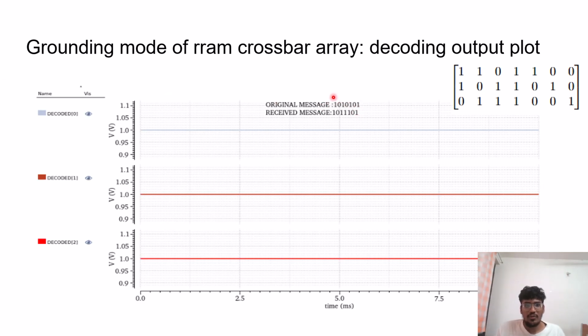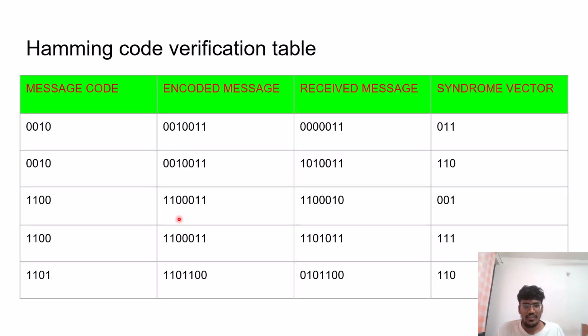This is the message signal that we obtained from the encoder matrix, and we intentionally flipped a bit from the message signal and fed it to the decoder circuit. We flipped the message signal so that we can verify whether our decoding circuit is working or not. Here we can see that the output of the decoding circuit is 111, which is the syndrome vector. In the parity check matrix, we can see that 111 is the fourth position. So the error will be in the fourth position. If there is no error in the received message, then the syndrome vector will be 000. Here we can see a few more message combinations and encoded messages, for which we are able to detect the